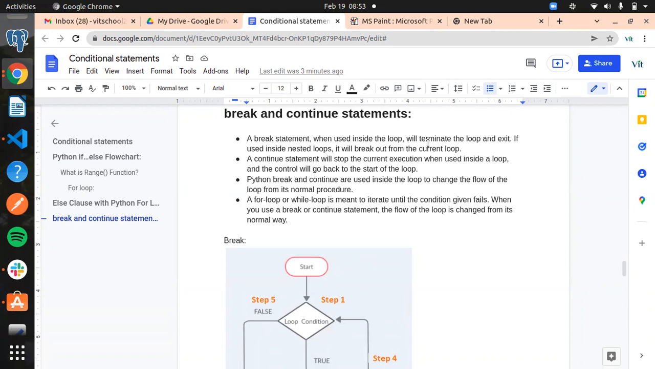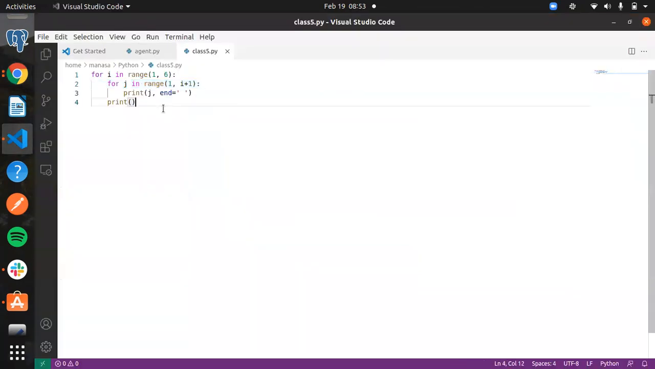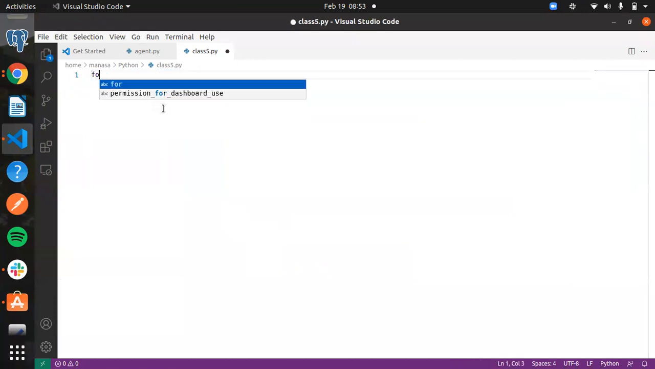See, break is going to terminate, I mean stop, the loop permanently, but continue is used to skip a particular statement or a particular iteration. What break and continue do is just change the flow of the looping. Yesterday we already did one, but here I will tell for i in range